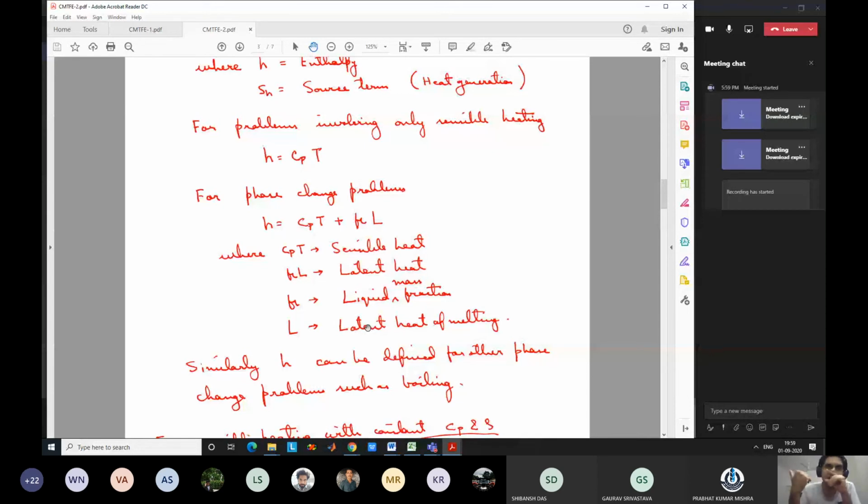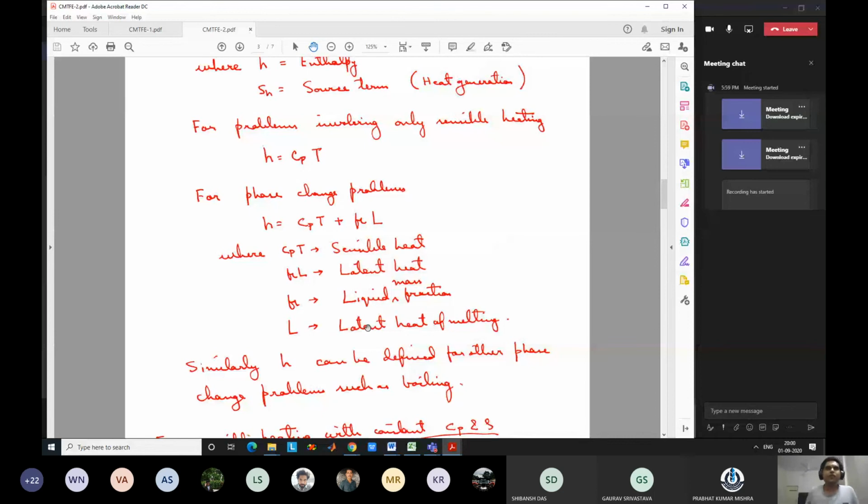If you write it as CpT, and you are taking T as Kelvin, you assume that the reference state is 0 Kelvin. But others may not do it. For example, I may assume that the reference state is minus 40 degrees centigrade. In many cases it is like that. Or the reference state is 0 degree centigrade, 273 Kelvin.